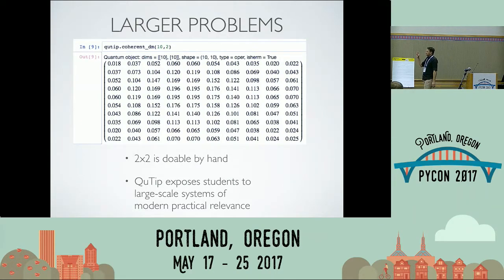And so they can learn in a context that's familiar to them, and then very quickly generalize to see some very powerful, very large systems that they get to expand their expertise without paying an extra price of all that pain they would have to go through. So again, this framework really exposes the students to these large-scale systems, which are, of course, the ones they're hearing about in modern results, and they have a lot of practical relevance. So it's a tool that they get to tie to what they understand and then jump off of once they get into it.